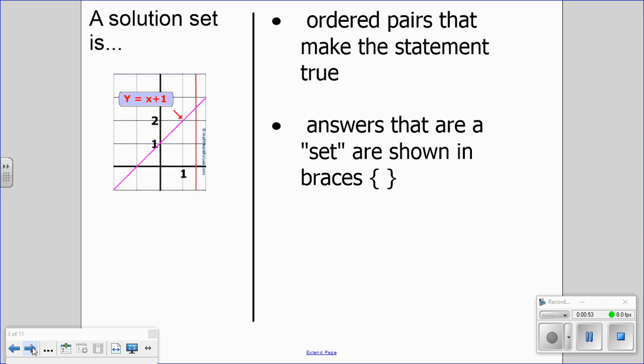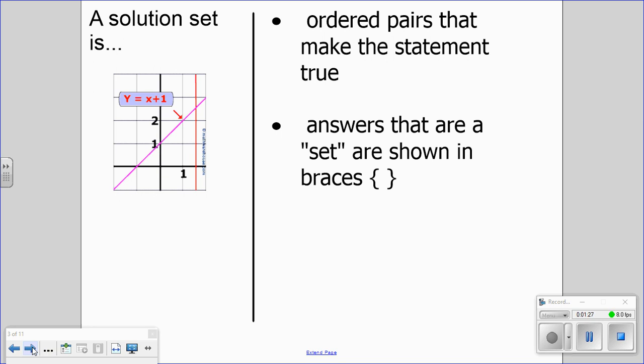When we talk about equation relations, we use them a lot of times to identify our possible values in a function or in a relation, and we call that a solution set. A solution set is all of the ordered pairs that make the statement true. Sometimes we're listing the solution set individually, and sometimes we're using an inequality to describe that. Answers that do make the statement true, we're going to list them in set notation,